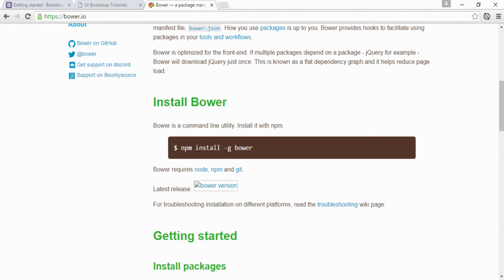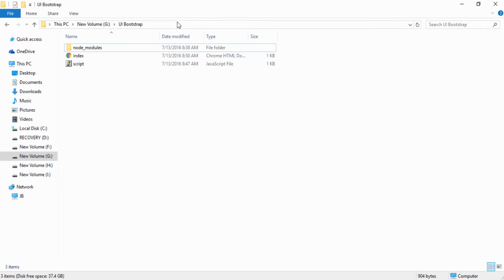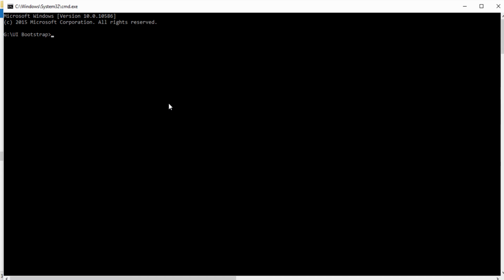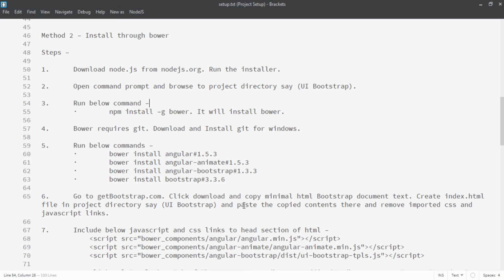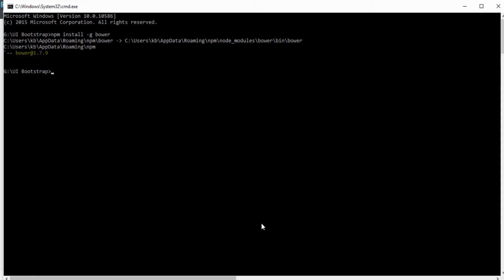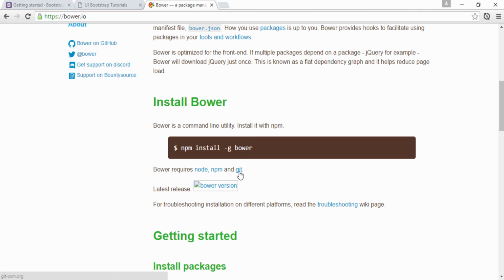So first we will install Bower, and then we will download git. I will go to the command prompt, copy this command, and run it. After Bower is installed, we will go for git because Bower requires git.